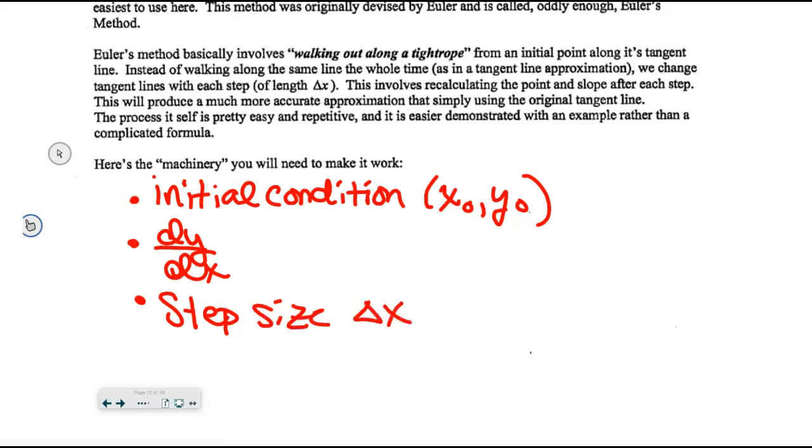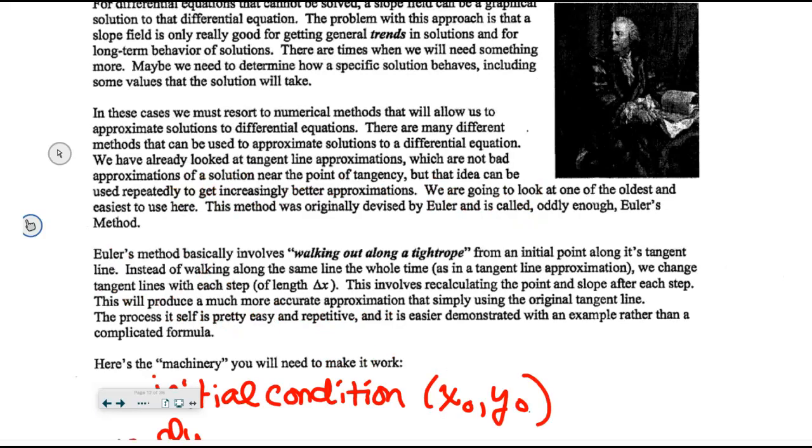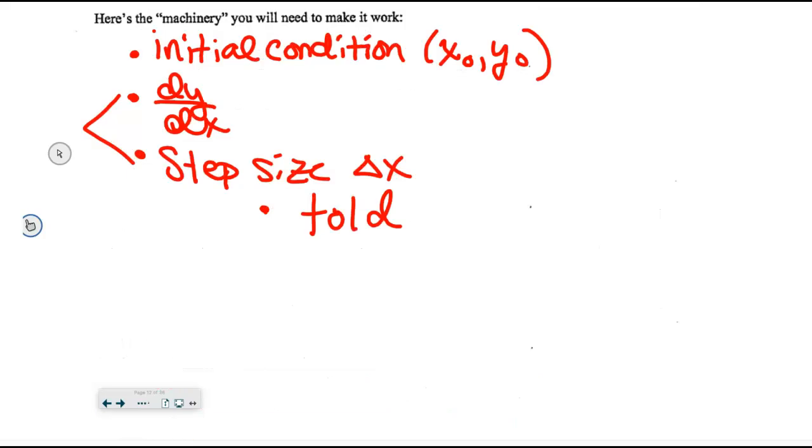When I talk about delta x, I'll say take a step forward, or a step backwards if delta is negative. That's me stepping, right? The delta y we calculate. Do you remember how we calculate it? Multiply those two, correct? So under the step size, write a little bullet. You will either be told it, like it'll say with a step size of 0.1, or they'll give you how many steps you need to take. Like it'll say go from 4 to -2 with 4 steps. And you're going to have to think about, well, how am I going to space that out? All right, so you might be told